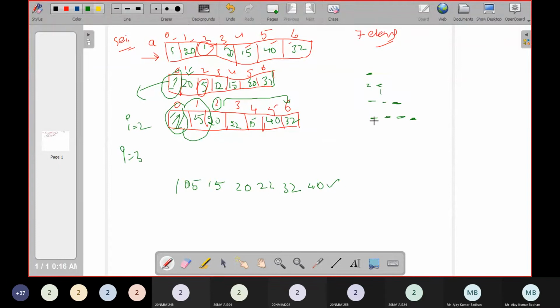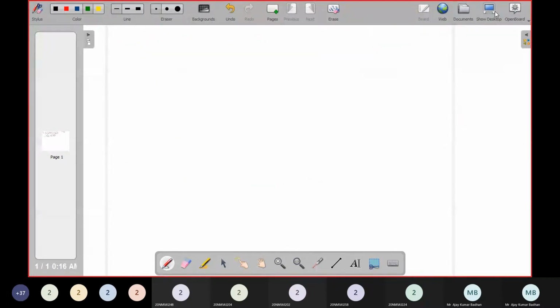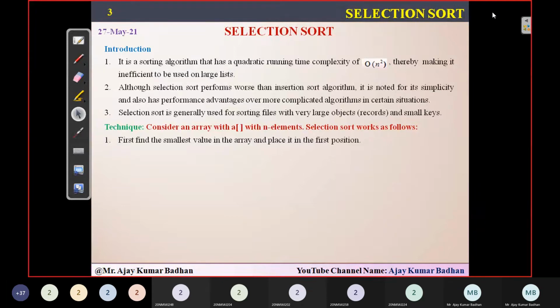So it will select an element, and that's the reason it has been given the name selection sort. That is what theoretically I'm now going to explain here. First it will try to find the smallest element within the array, and we will place it in the first position. That is what we did here, right? And then we will find the second smallest value present in the array, and we are going to place it in the second position. And this process will be repeated until the entire list is sorted.